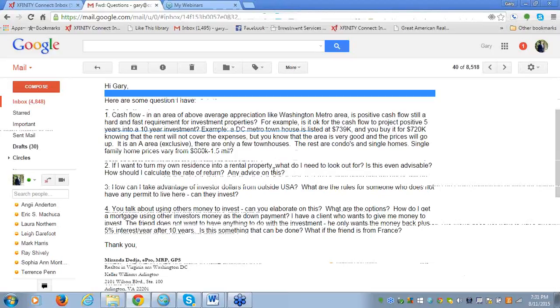Is this even advisable? How should I calculate the rate of return? Any advice? Yes. So what I would do is, when you get the opportunity evaluator, that's the SL spreadsheet, Miranda, you can play with that. You can also use the rental property reporter link and play with that to plug in numbers and do what-if scenarios for your property,